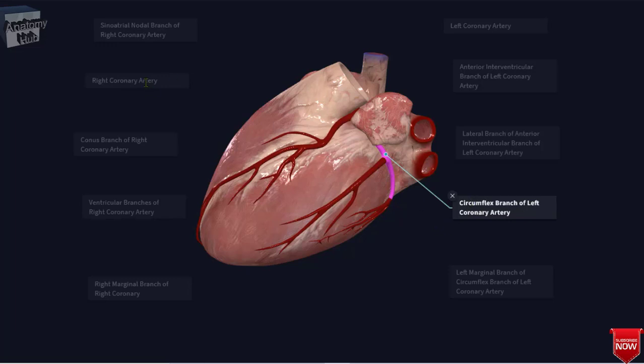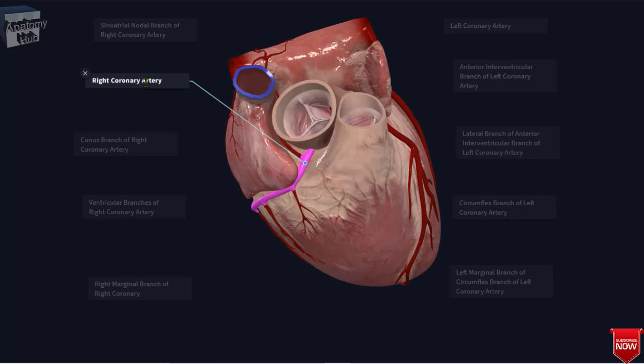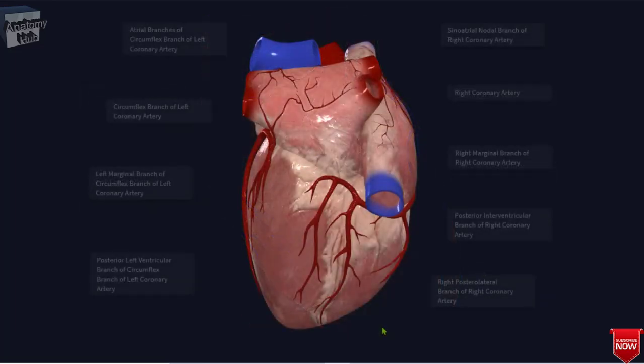The right coronary artery branches to form the right marginal artery, that you can see over here, anteriorly. In 80 to 85% of individuals, it also branches into the posterior interventricular artery posteriorly. So as you can see here, in general, the area of the heart which an artery passes over will be the area that it perfuses.